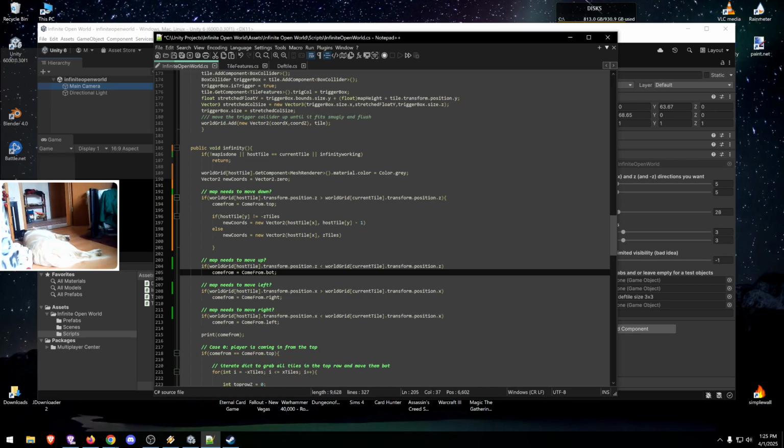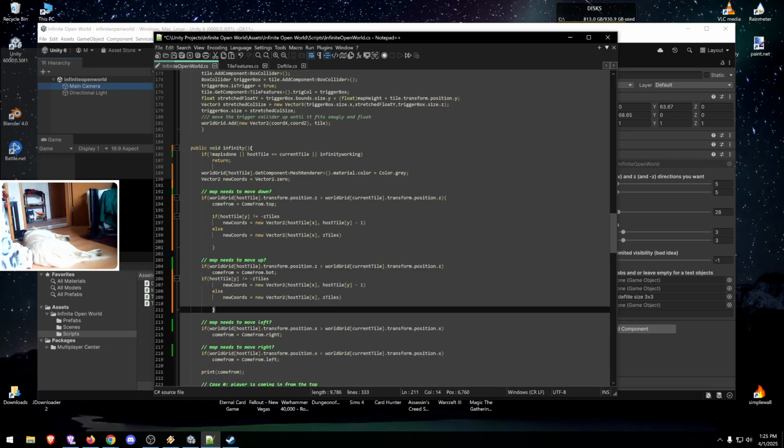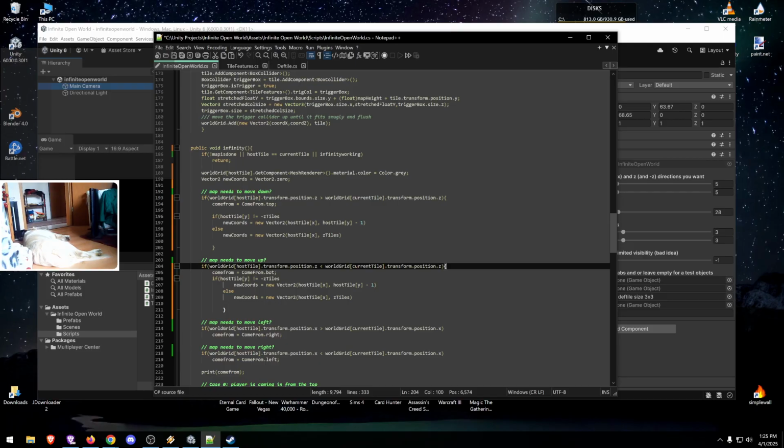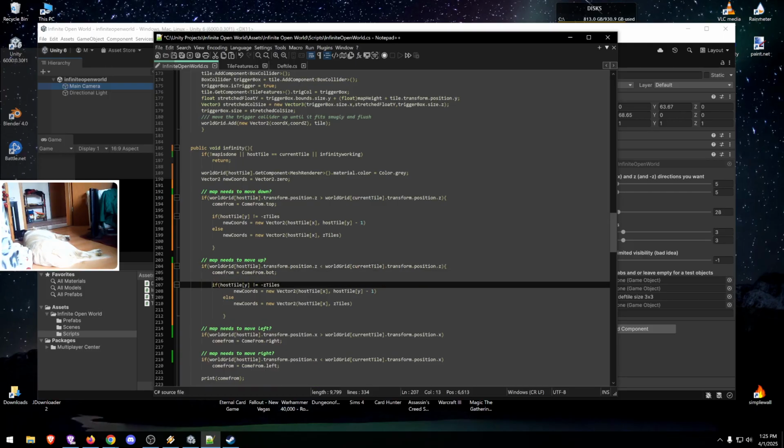Come from below. If we come from below, from bot, if the host tile is the Z tiles, then the new coordinates is the minus Z tiles. Otherwise, we add